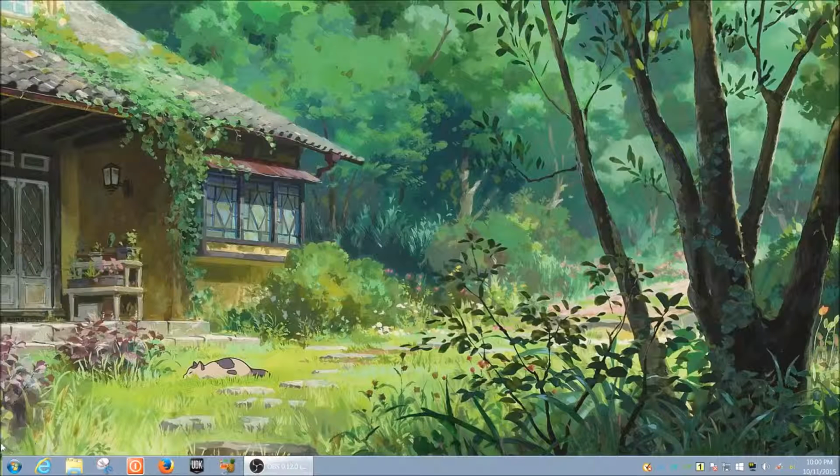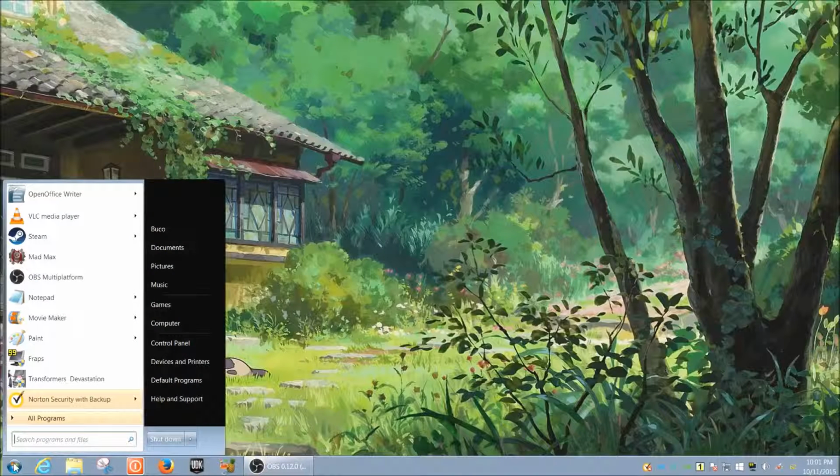Most new computers come with either Windows 7, Windows 8, or Windows 10 now, and all of them have a start button. On the left hand side, as you can see here, there's a start button. It'll be slightly different when you select it. You can click on it, it says start. See how it comes up. You click on that, and then simply here you can just type in